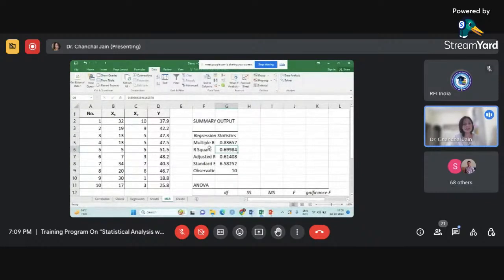But as I said in the previous sheet, in the case of simple linear regression, rather than reporting R